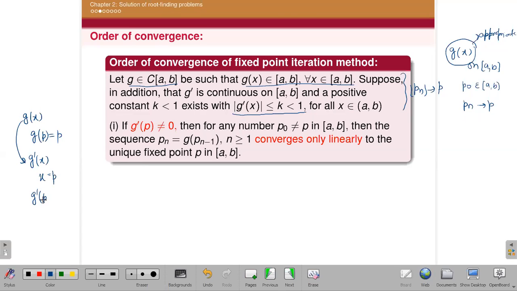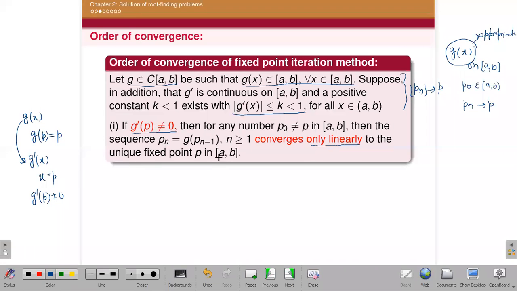If g dash p is non-zero, meaning the first derivative at that fixed point is non-zero, then for any initial guess that you have taken, the sequence Pn, which is given by g of Pn minus 1, converges only linearly to the unique fixed point